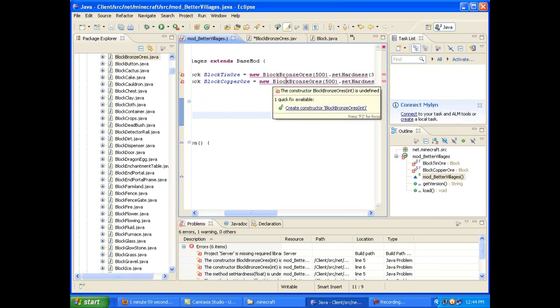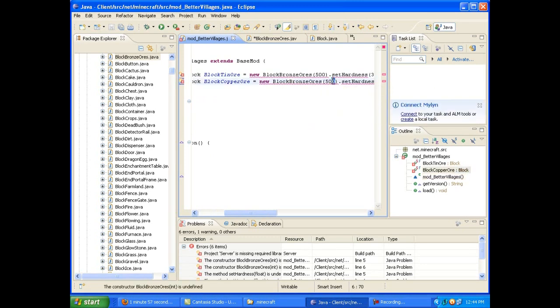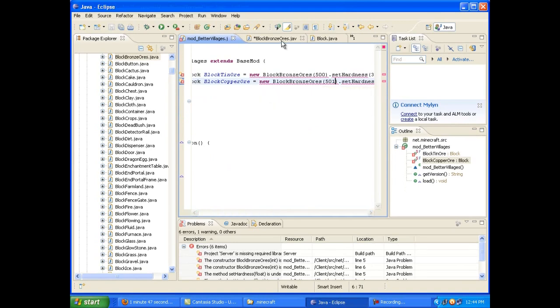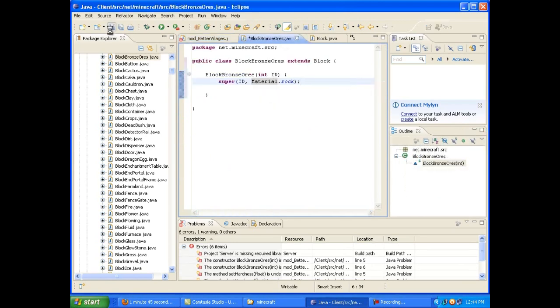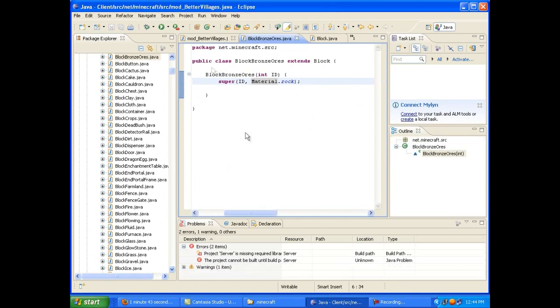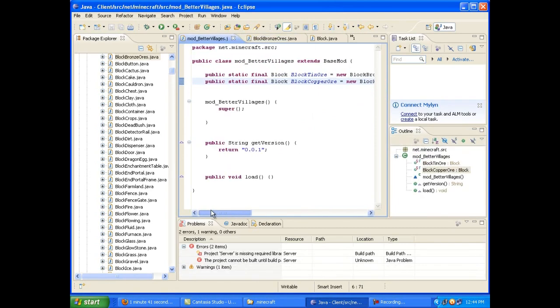Oh, okay. Also, I forgot to change the block ID here. Let's change that to 501 just to keep it consistent. Hit save again. And there's still an error on this line. Oh, we didn't save block bronze ore, so it's throwing an error. There we go. Okay. Getting all derpy here, but whatever.